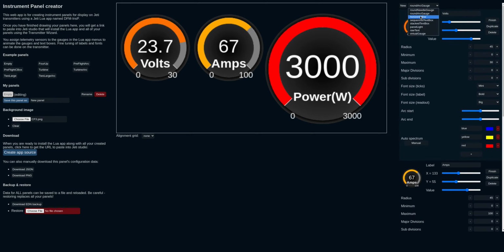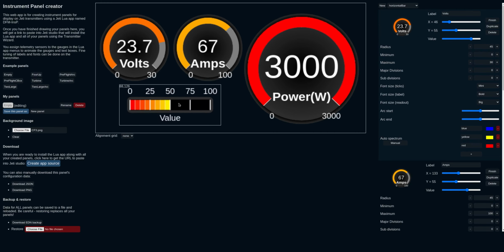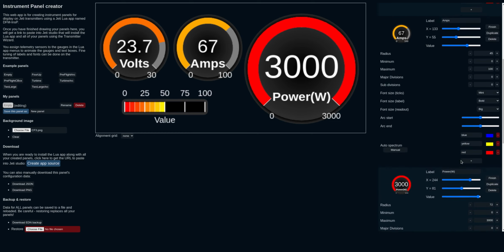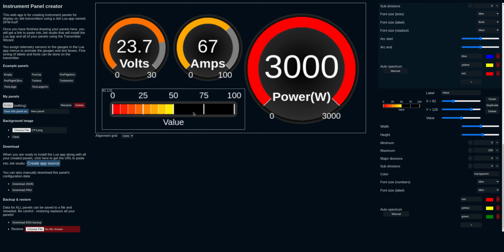Let's select a horizontal bar. Maybe we want to look at battery capacity. And so we drop a horizontal bar. We can go down and edit that. We'll make it a bit wider to fill the space. We'll slide it over a little bit. We're going to give that a title of capacity in milliamp hours. And the full scale on that, let's say, is going to be